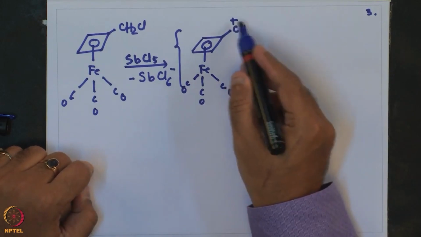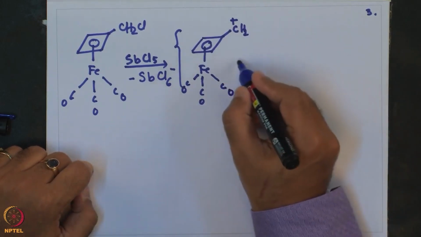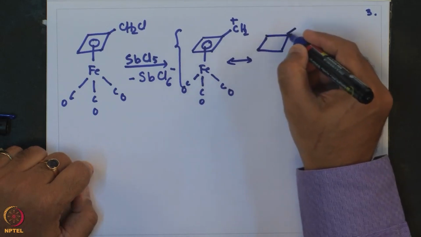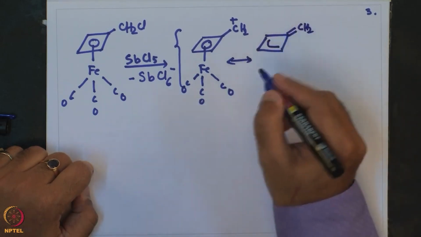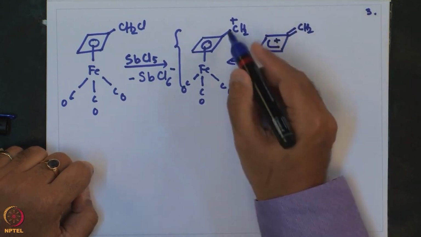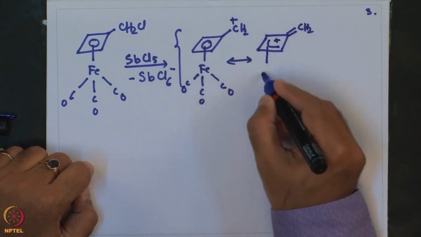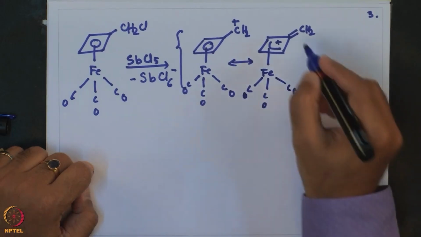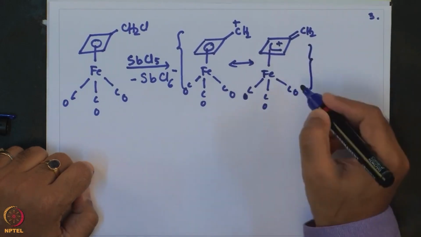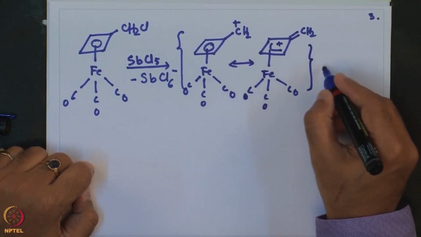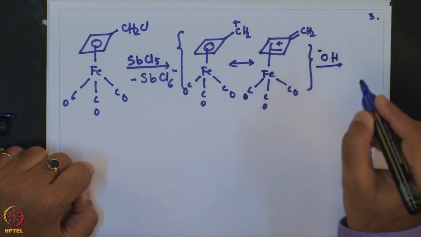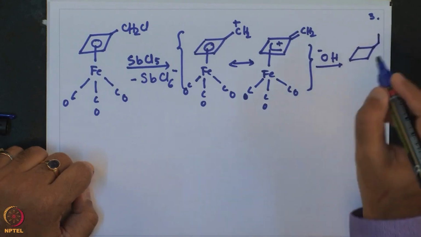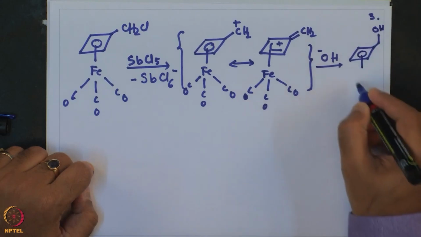Now, this CH2 plus charge, being adjacent to the cyclobutadiene ring, is resonance stabilized, resulting in an exocyclic double bond and an eta 3 allyl compound, where the net positive charge is now delocalized in the ring bound to the Fe(CO)3 compound, and that then reacts with OH minus, giving this CH2OH